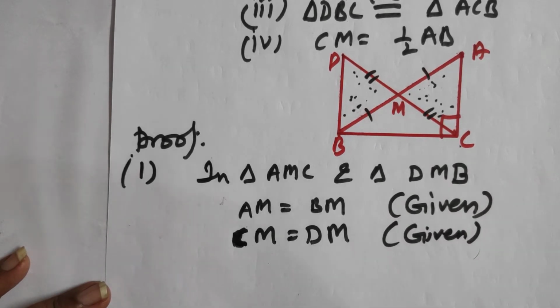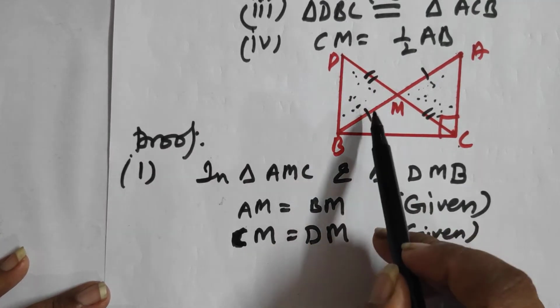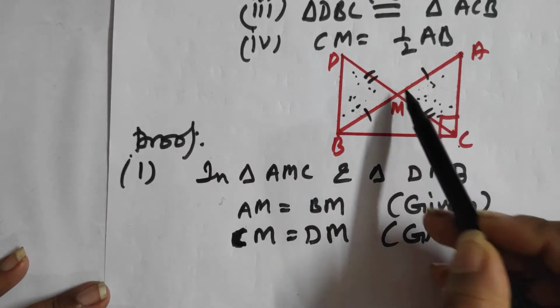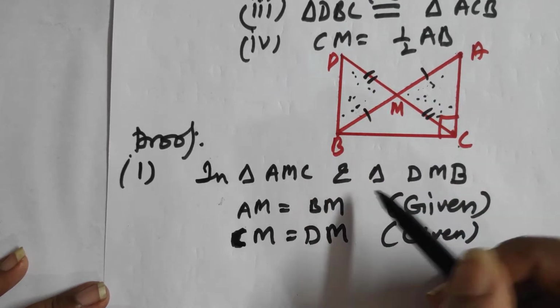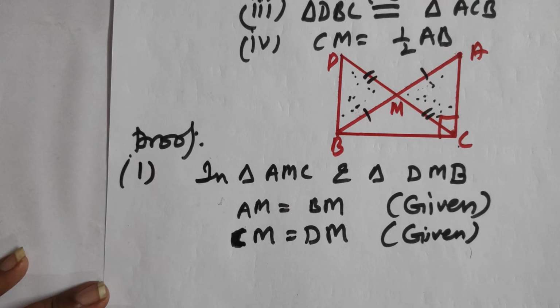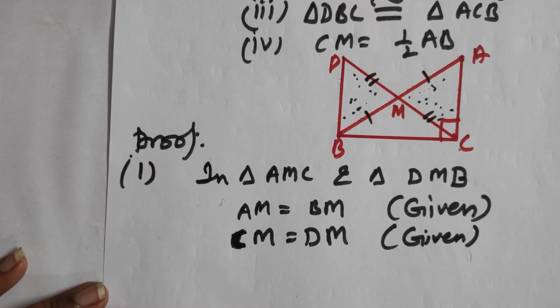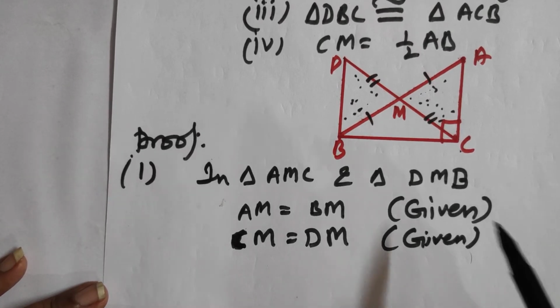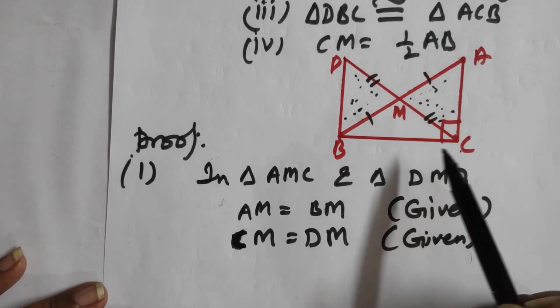Here we need included angles. Let's check, is the included angle equal to each other or not? Yes, for the corresponding angle. So these two sides are equal to these two corresponding sides of the triangles AMC and BMD. What are the corresponding sides? How can we prove that? All the rules that I have explained in my previous video, you can go through that video so that it will be very helpful for you to understand this.